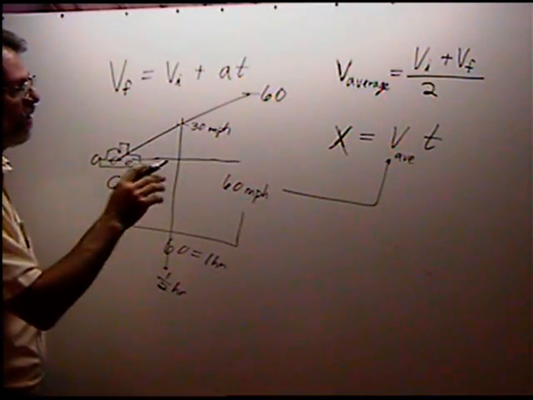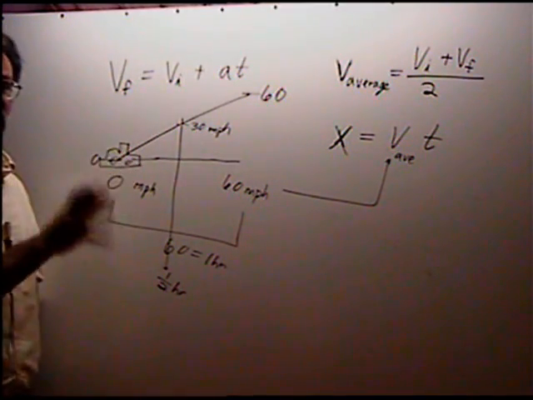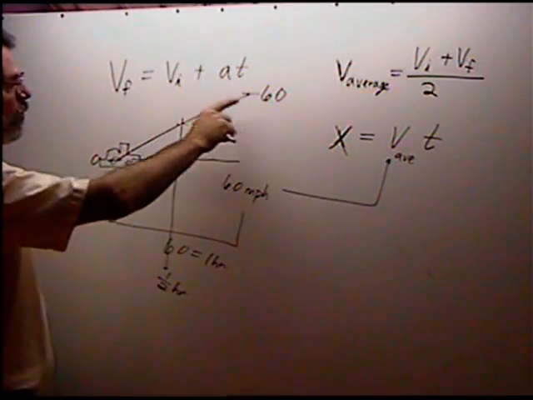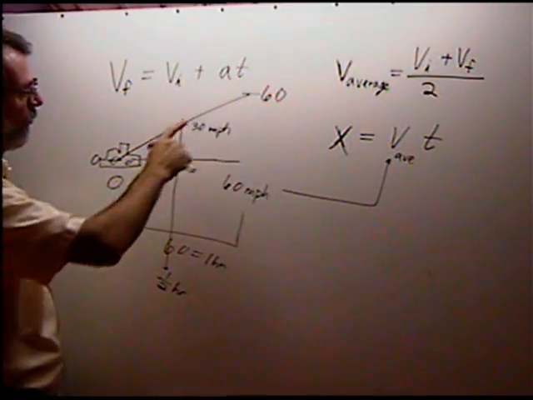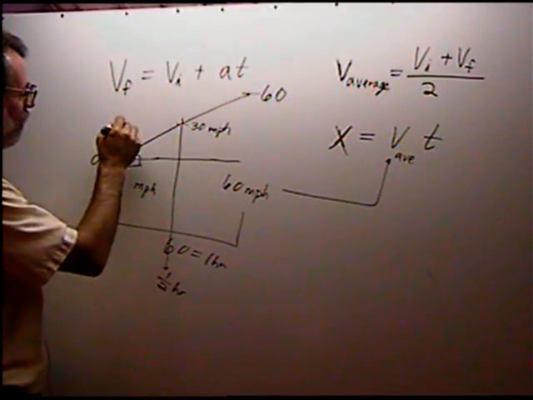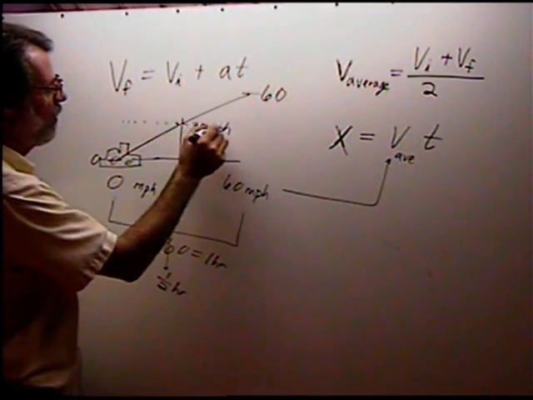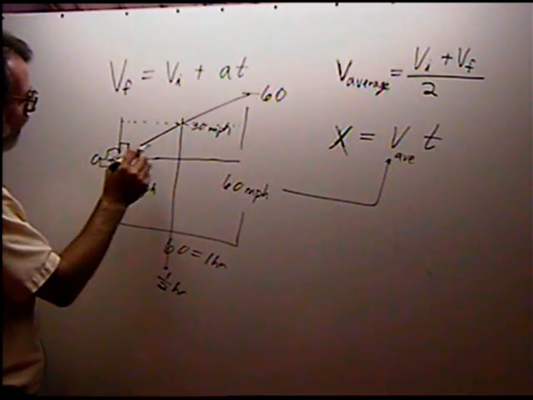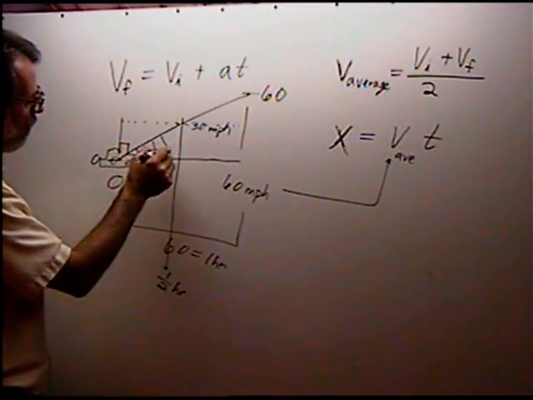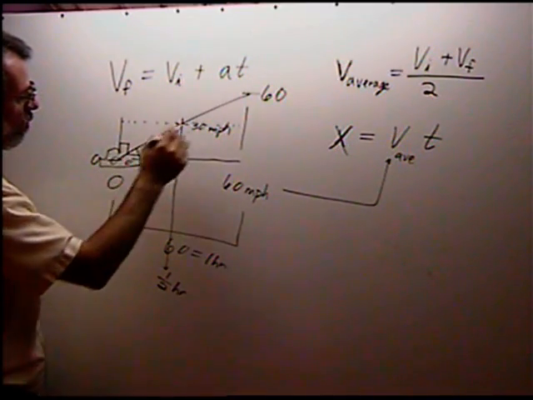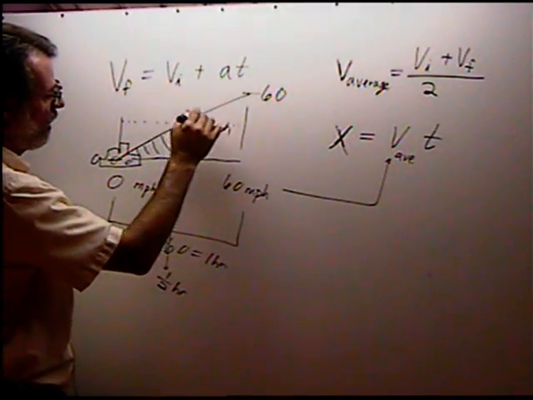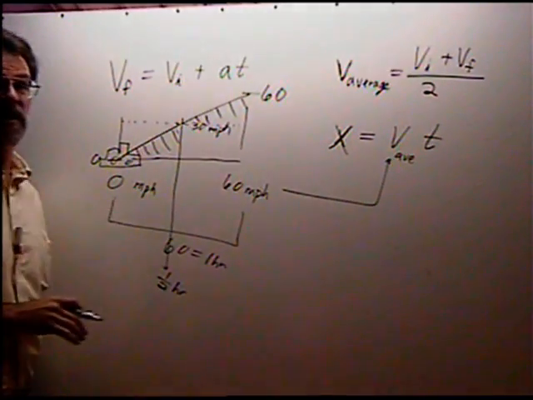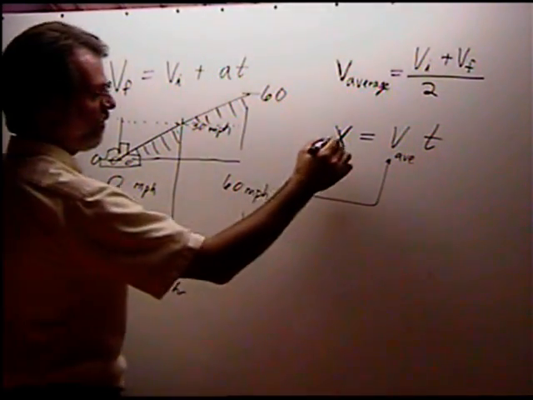Well, if you want to calculate how fast you went, since you start off at 0 and you uniformly ramped up to 60, we could say, well, on average, I'm traveling 30 miles an hour. During this half of the time, I was under 30 miles an hour. On this half of the time, I was over 30 miles an hour, but these two halves cancel out. And so the distance I traveled